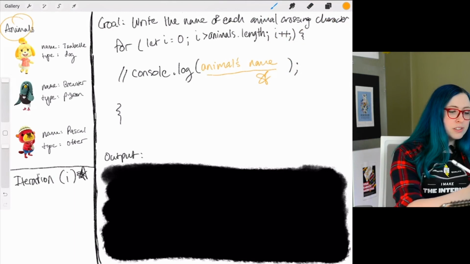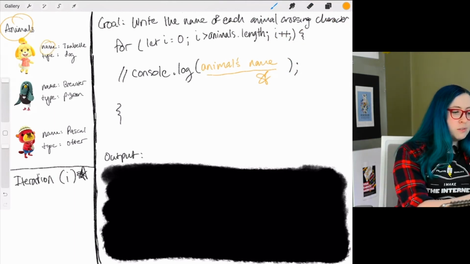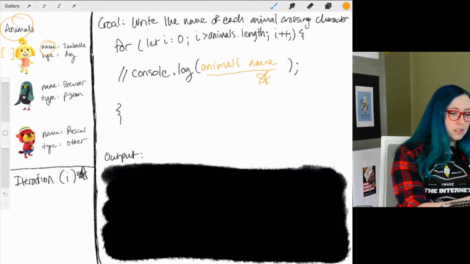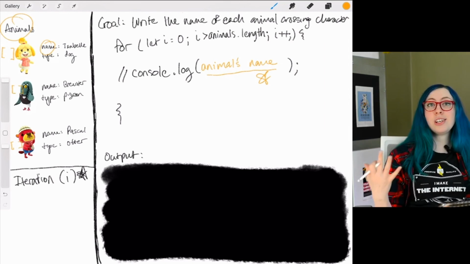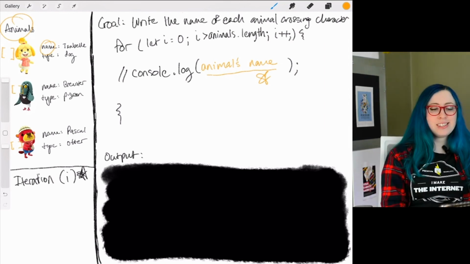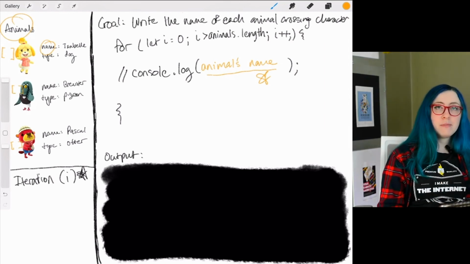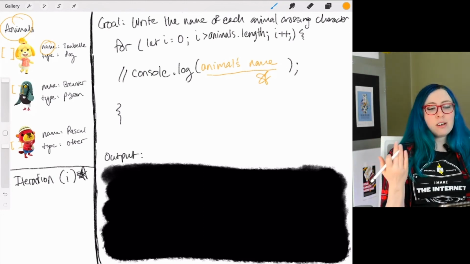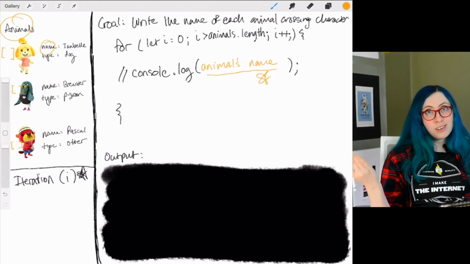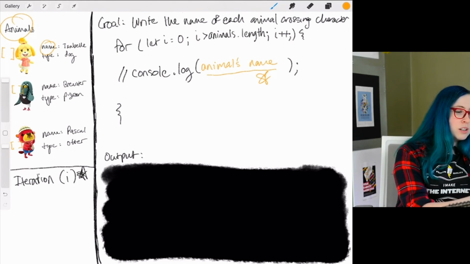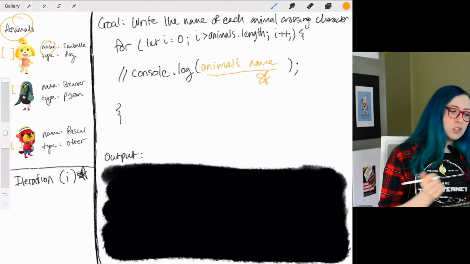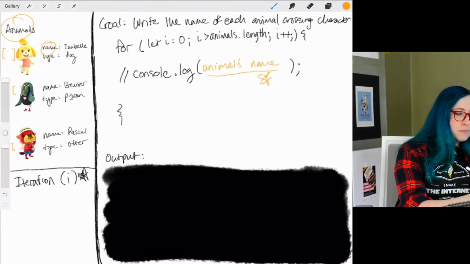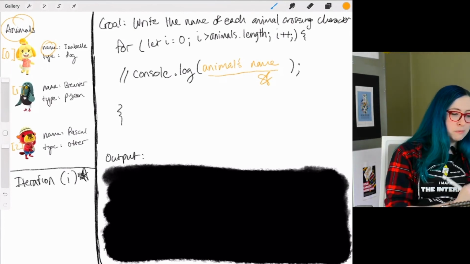And now we're going to think about how we can get the animal's name. So here are our animals, and here's the name. Each of these animals is at a certain place. Brewster, Isabel, and Pascal all have a position. They're all lined up in this array. In our animals array, every array starts at position 0. Everything in computer science starts at position 0. So if we were to label what position each of these animals were at, Isabel would be at 0, Brewster would be at 1, and Pascal would be at 2.